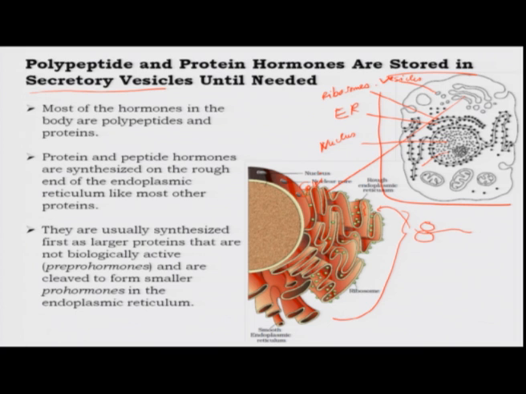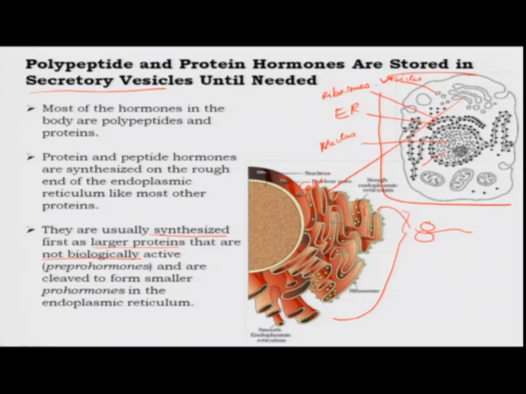However, they are synthesized as larger proteins than the actual hormone that is secreted out of the cells. These are not biologically active, and they are called pre-pro hormones. Now, I will explain what the pre-pro term means. Say this is the full length of the pre-pro hormone, the full length of the polypeptide or protein chain that is produced. Now, there is a small part which will be cleaved out,